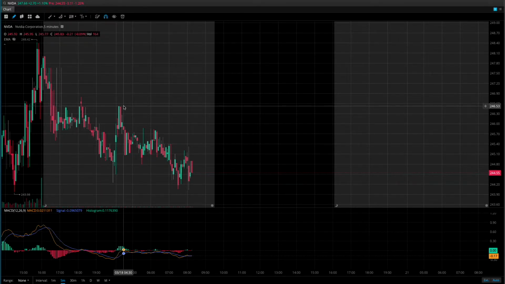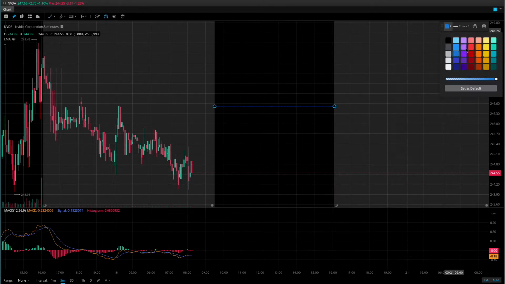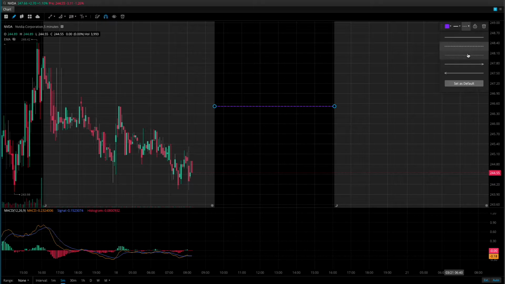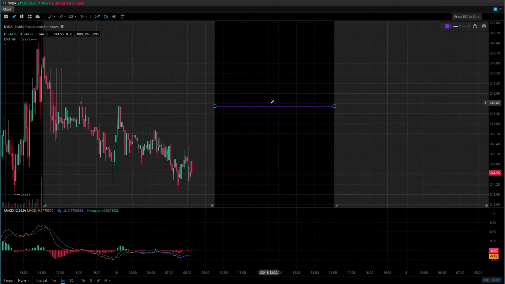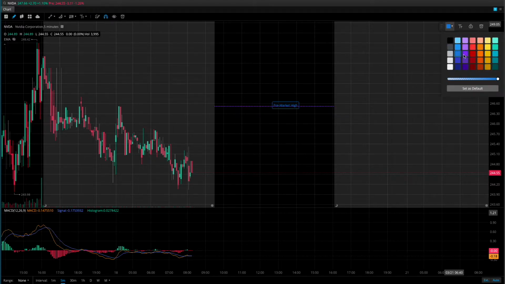So the pre-market high and the pre-market low, I like to map those two just so I can see, because sometimes some stocks like to have a big push up when it passes that, so that could also be a level if you'd like to use it for that day. And I like to mark those in purple, and then I add a little text for myself to say pre-market high. Let's make that purple as well,